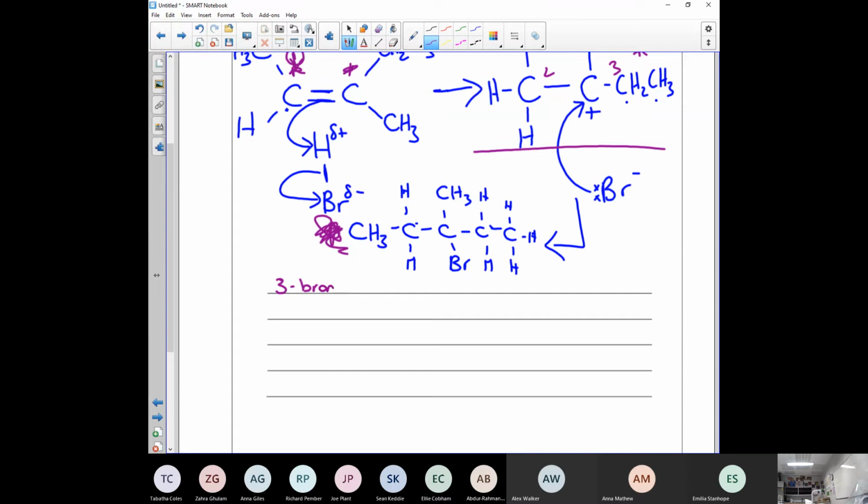So 3-bromo 3-methylpentane is formed via a tertiary